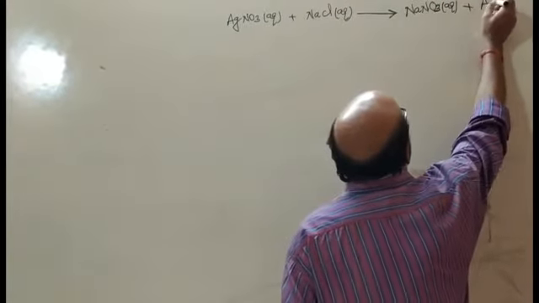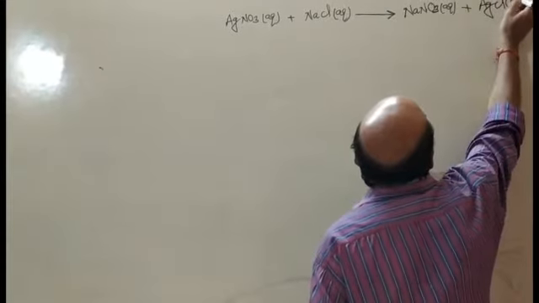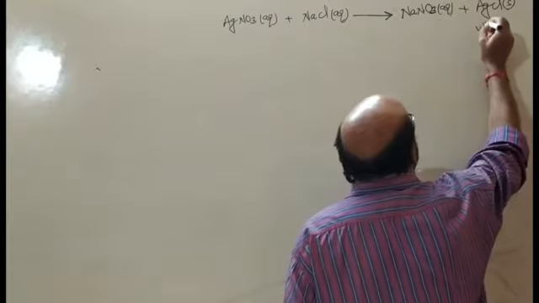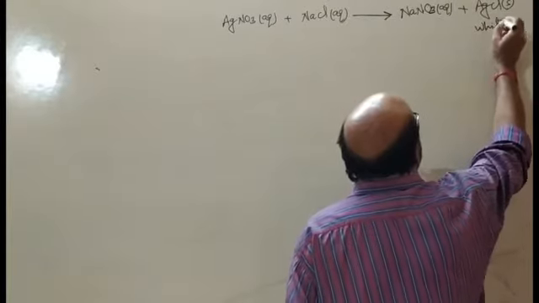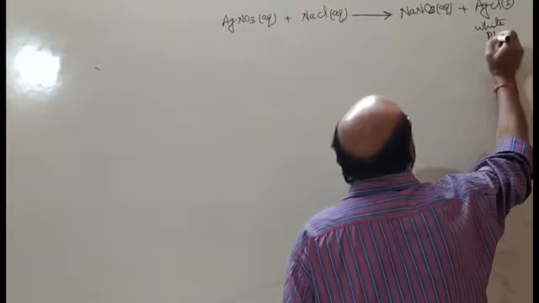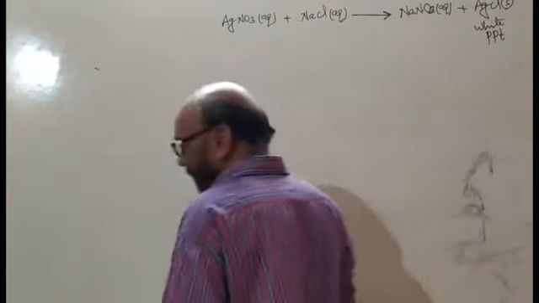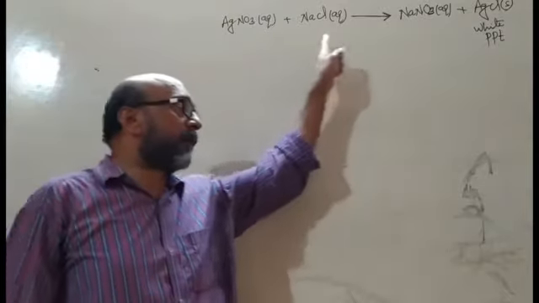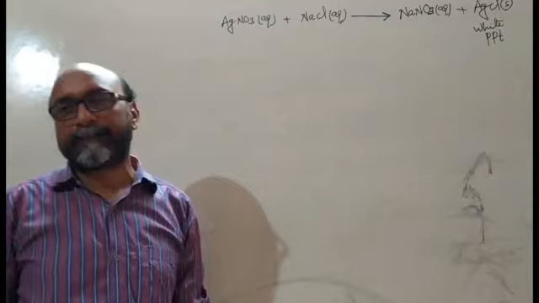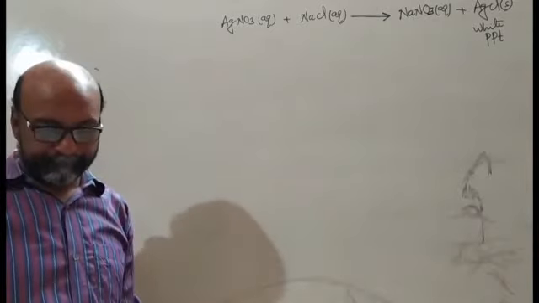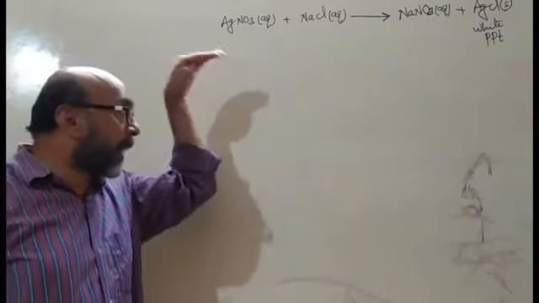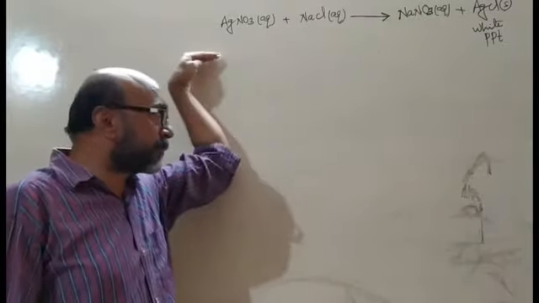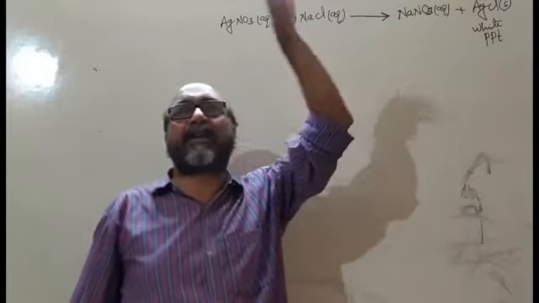and AgCl solid. It is a double displacement reaction, which is also called a precipitation reaction. Right? We have read this example in double displacement reaction. Now, here we have to decide this double displacement reaction, this precipitation reaction